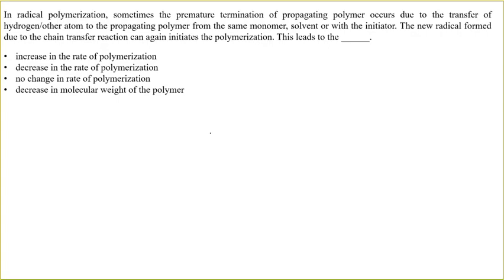So in radical polymerization, the premature termination of the propagating polymer happens, which leads to a decrease in molecular weight of the final product. The molecular weight is decreased since there is premature termination. The polymer chain is not allowed to grow to its maximum potential. And when this is happening,